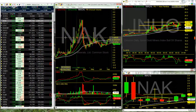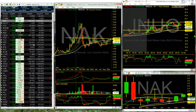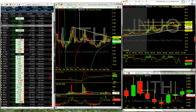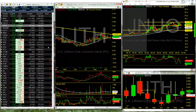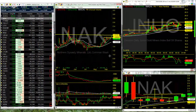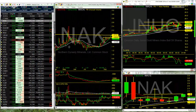Yeah, you can get a big W out of that, I guess. The 1, 2. 2 o'clock is the confirmation W bottom. True. Lithium, still waiting for lithium to take off. Looking for volume. NAK is going to have resistance at 2, but